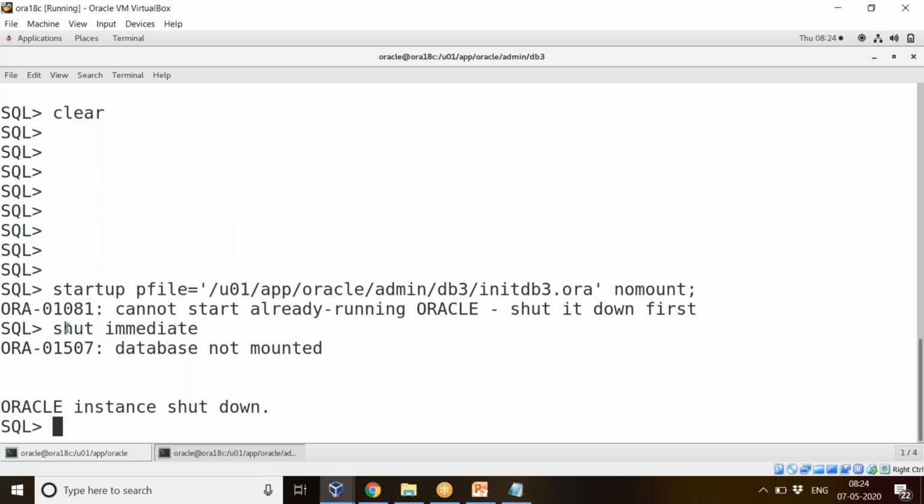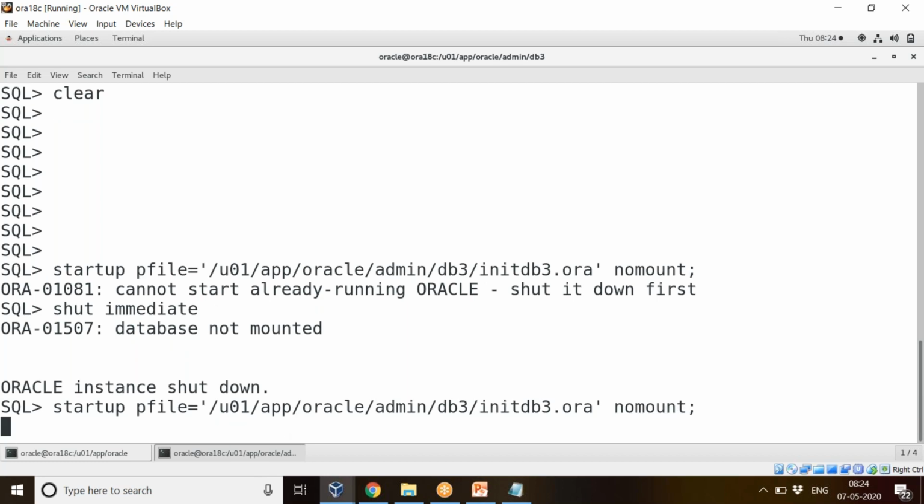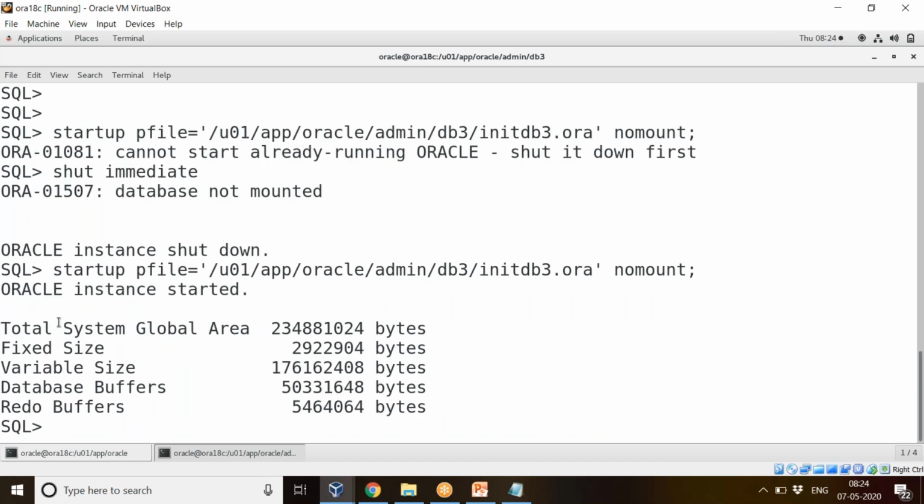So you have to shut down and give the same command, startup pfile is equal to that path, along with nomount, so that only your SGA and your background processes will be created.